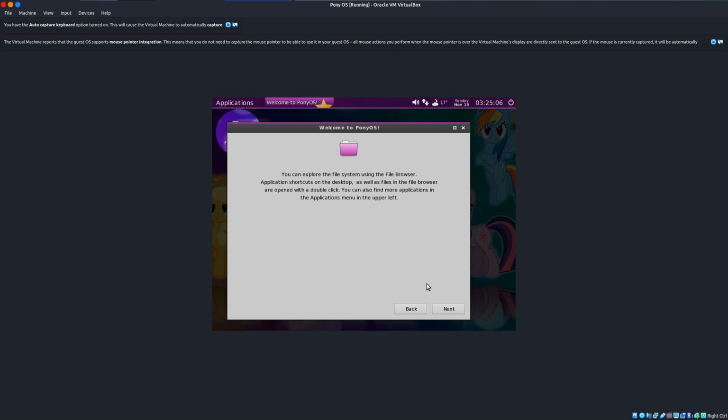You can explore the file system using the file browser. Application shortcuts on the desktop, as well as files in the file browser, are open with a double click. You can find more applications in the applications menu in the top upper left. Up here,